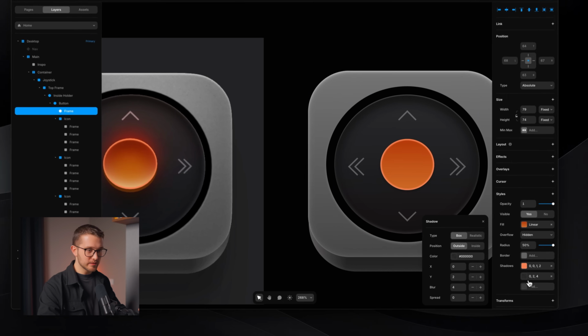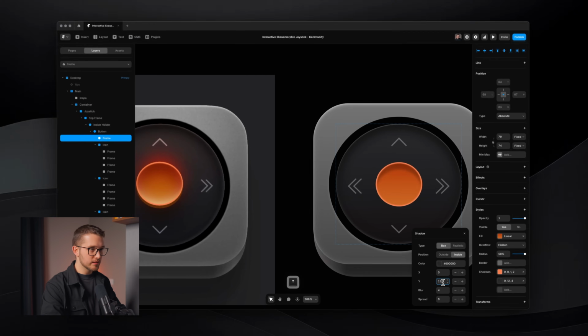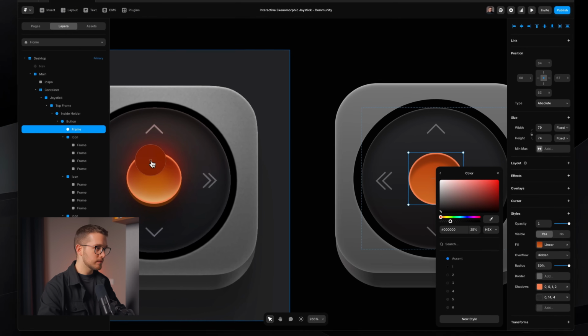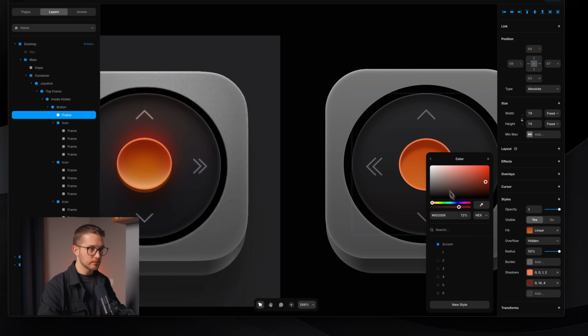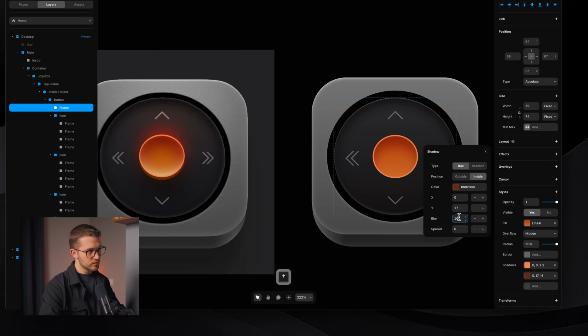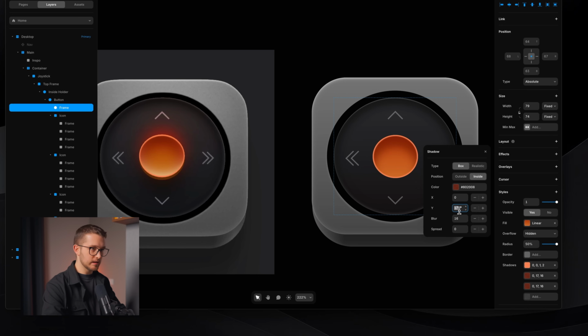Now let's add another inside shadow. Increase the Y. It's gonna be a little dark thing here on the top. Get the color, decrease it slightly, and then add the blur. Okay, that's great. I'm gonna duplicate it because we need something that is not as